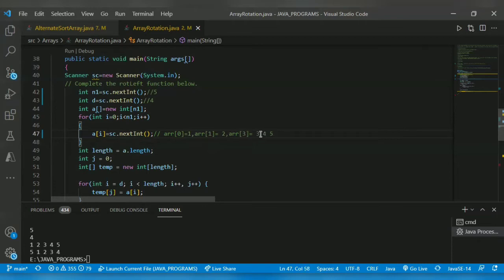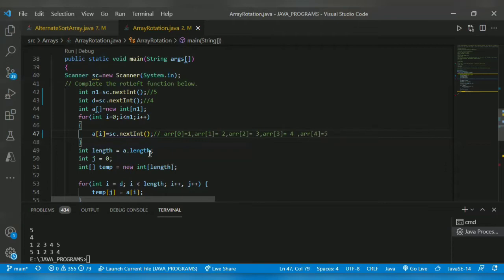For a of 2, 3 will get stored. Then a of 3, 4 will get stored. A of 4, 5 will get stored. Likewise, the elements will get stored in an array.